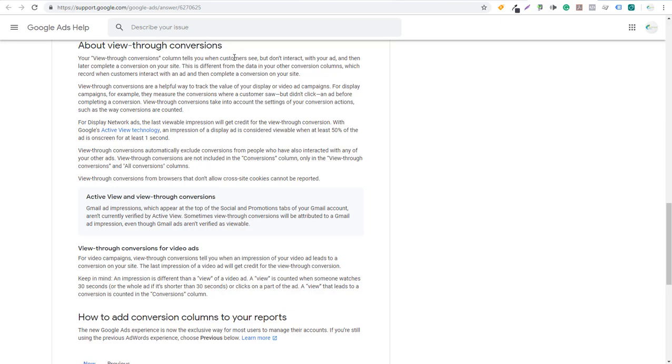So if someone's, let's say, interested in booking a beach vacation, you have your advertisements running all over the place. They end up searching for beach vacations through Google search. They click through Google search ads, they click your ad, they go to your website and they book. You're actually going to get credit for a view through conversion because at one point that person saw your Google display ads. So it's just another way to track